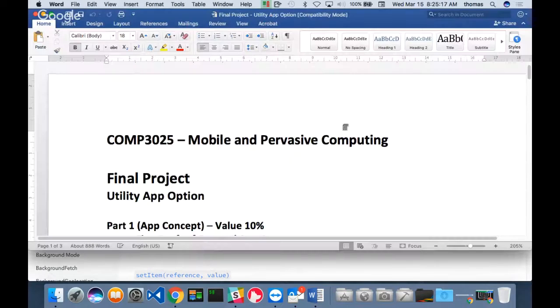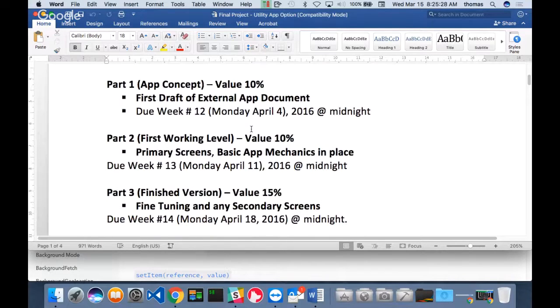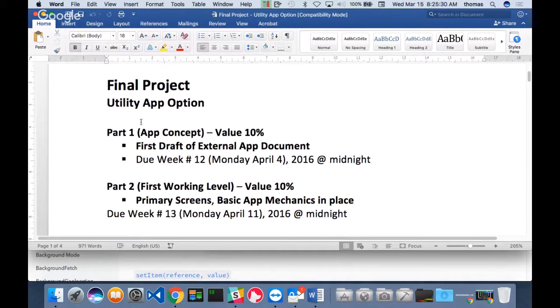The other option is the utility option. So here's another option: let's say you're not a gamer and you want to produce something with your partners, your group. Again, notice it's broken down into 3 weeks, right? You're still going to be required to produce a first draft of the external app document, because the idea that you're making is